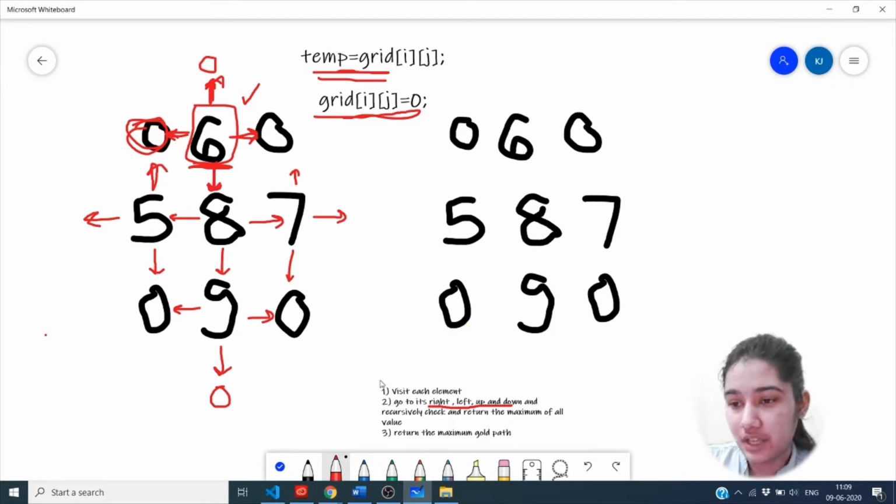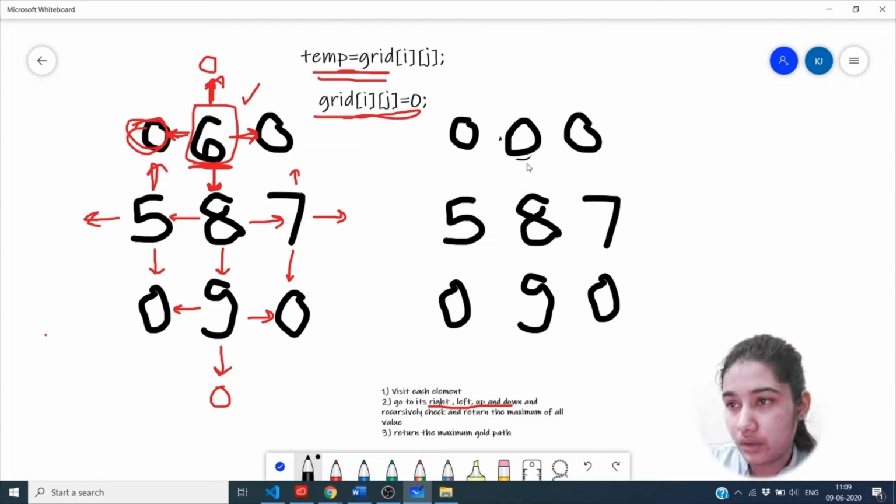Now as we have changed the 6 value to 0, we are going to go down from the element we are iterating over.